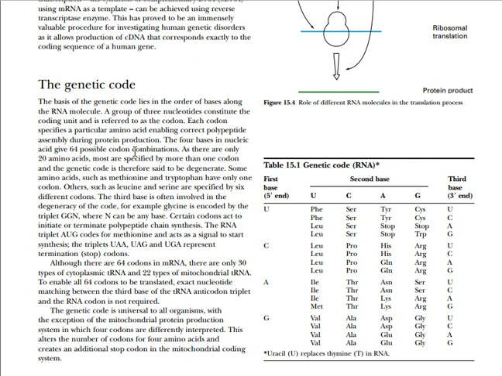So there are 64 possibilities for codons, but there are only 20 amino acids which are being coded. It means that codons, which are additions of three